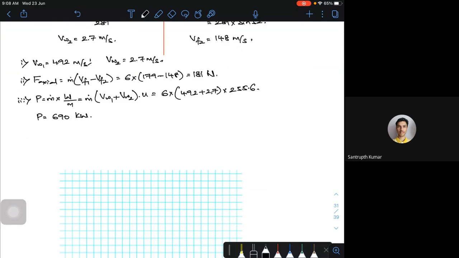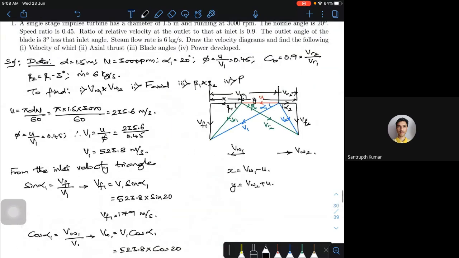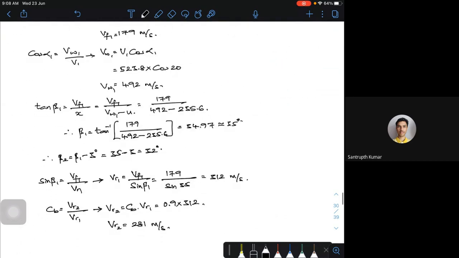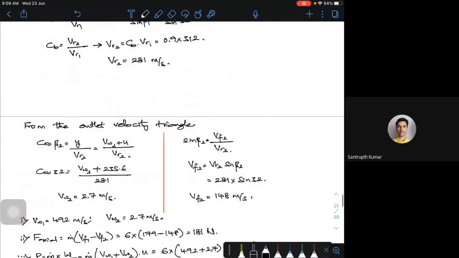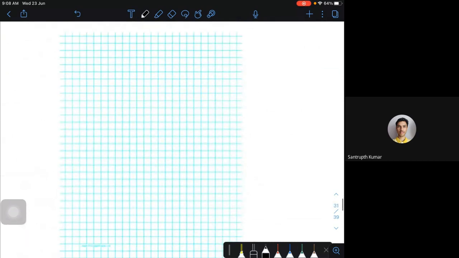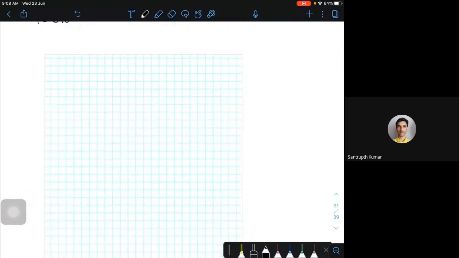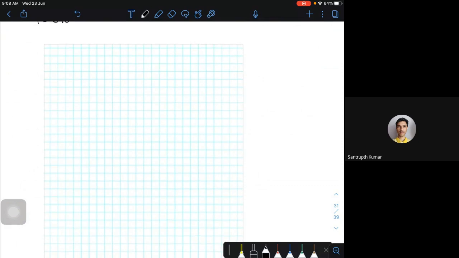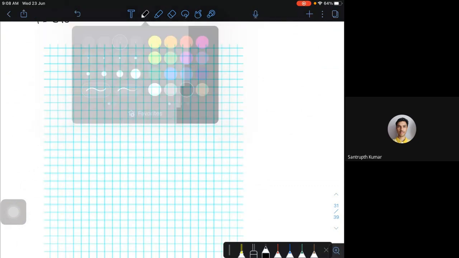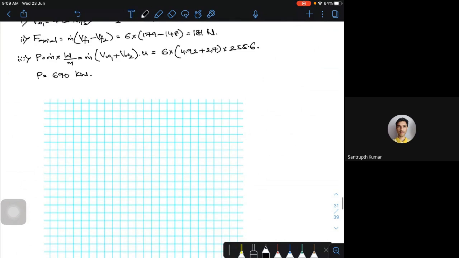The foremost thing is you should know how to draw the velocity triangle. This velocity triangle is based on vector addition and vector subtraction. From that principle, I draw the velocity triangle. Now let us look at the graphical solution of it. I have taken some graph sheet, scanned it and put it over here. Let me use the graphical solution for the same thing.